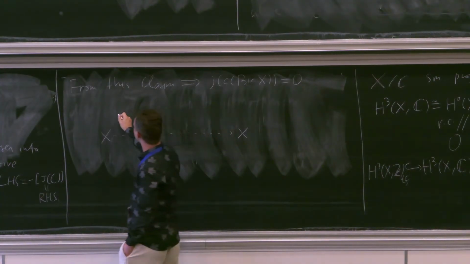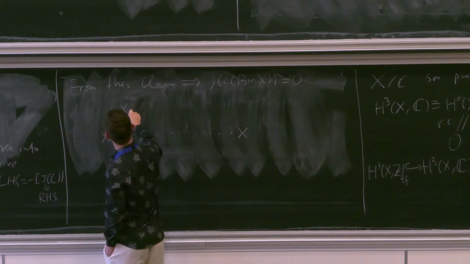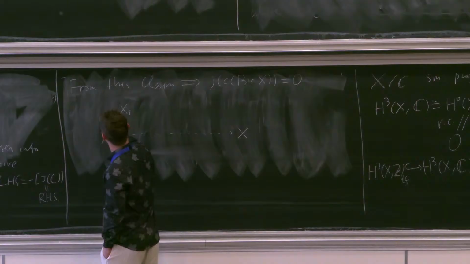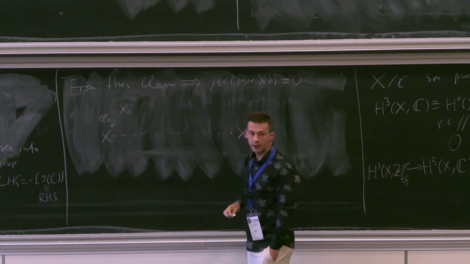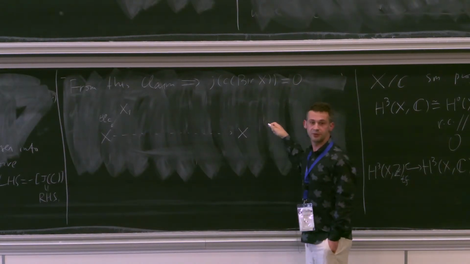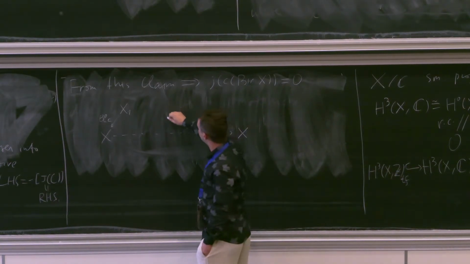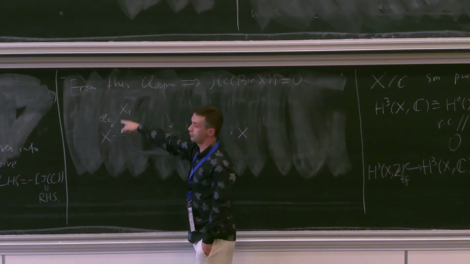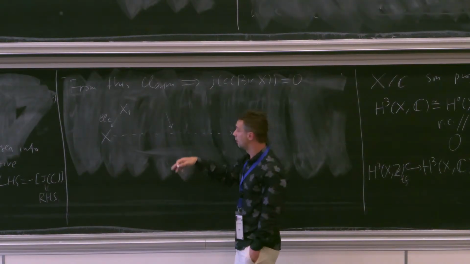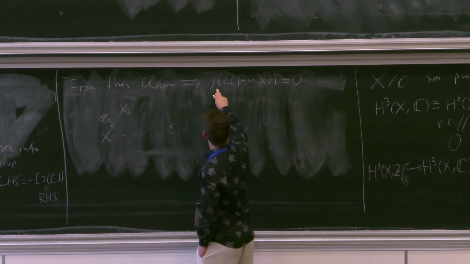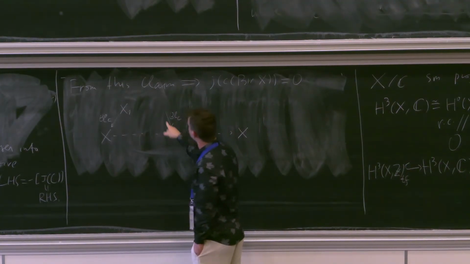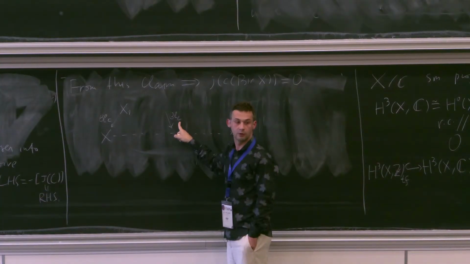So, now I'll do some hand waving. One can do it a bit more formally. I'm looking at the curve I have blown up first, and this tells me that somewhere in this composition, I'm doing weak factorization. So I'm decomposing into blow-ups and blow-downs with smooth centers, typically curves, but also points. Points are easier. So this claim, together with Torelli, tells me that I have to contract onto an identical curve at some point.